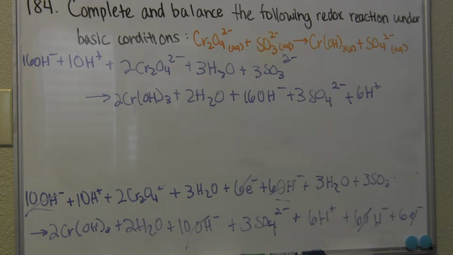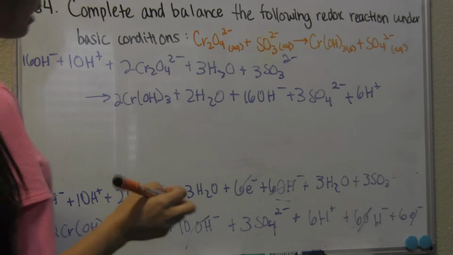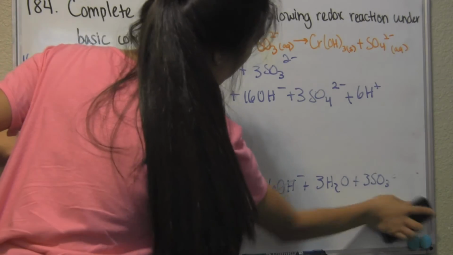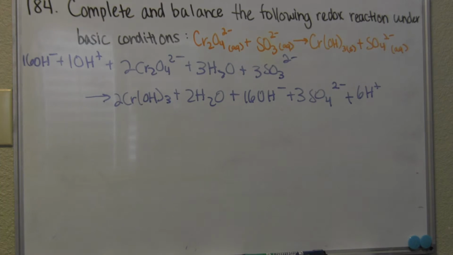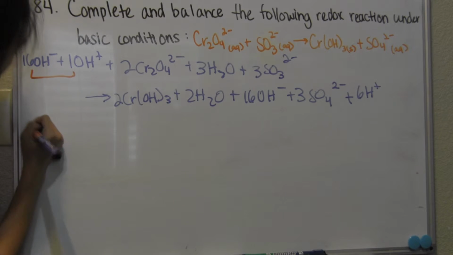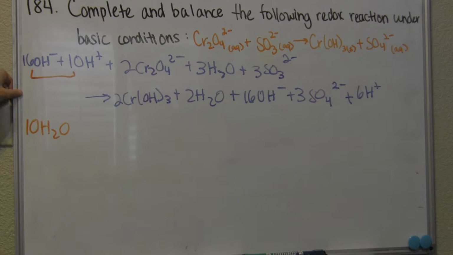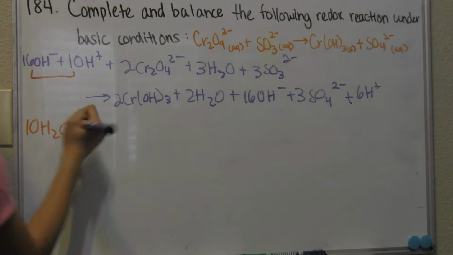So now we have all of those together, and I'm just going to erase the bottom for more space, of course, and we're continuing on with this reaction right here. Okay, so now that we have this, we can combine further, and we can make 10 waters through this, so 10 H2O, and then you'll have 6 OHs left,